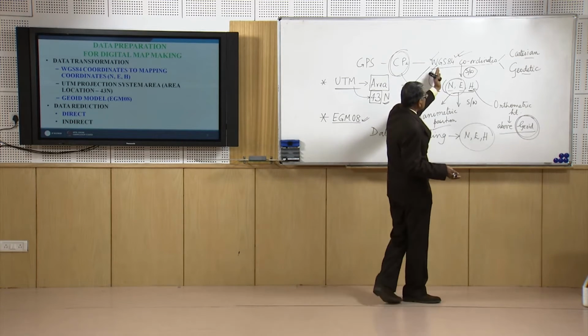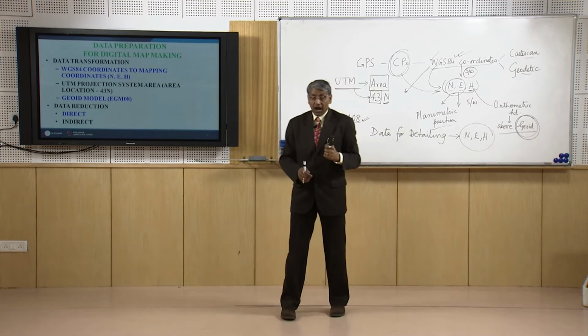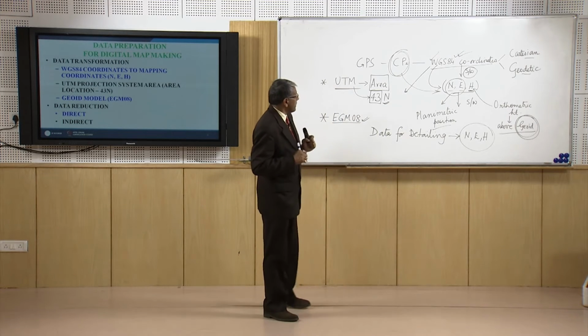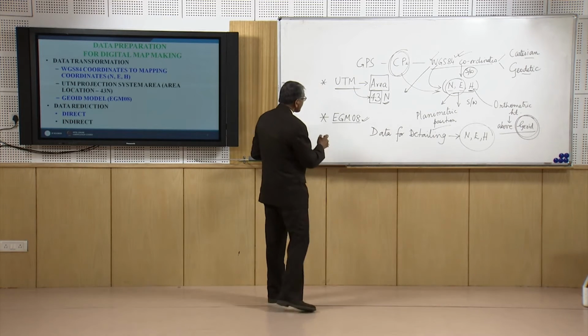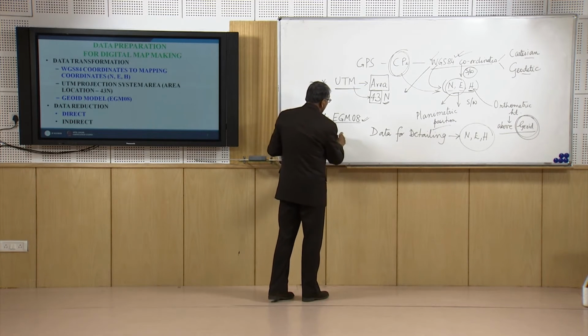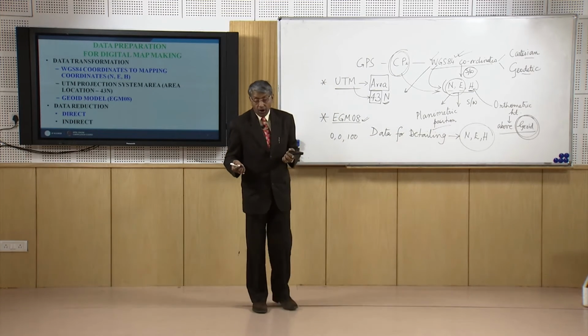In those cases we will not be able to provide the northeast height coordinate of the control points. So, in that case we have to assume some arbitrary value like 0, 0, 100, something like that for the